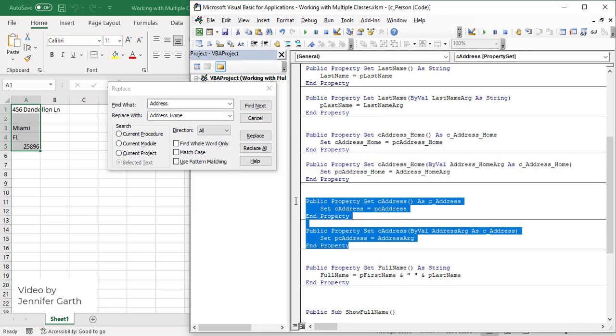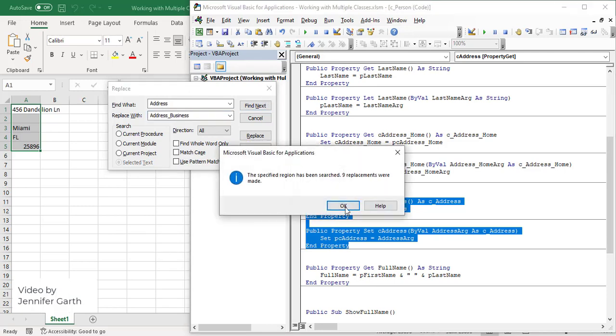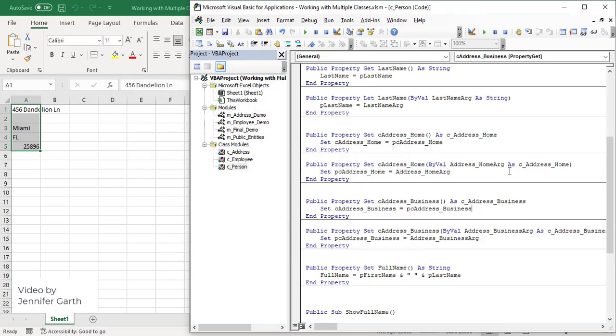And then on this one, I'm going to change it to business. Okay. And so now, these are both of type,